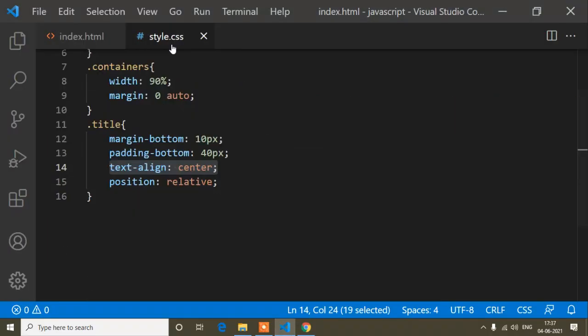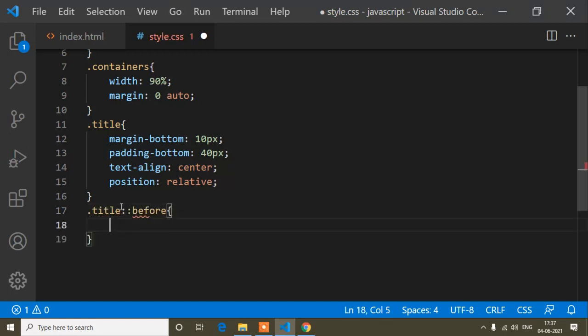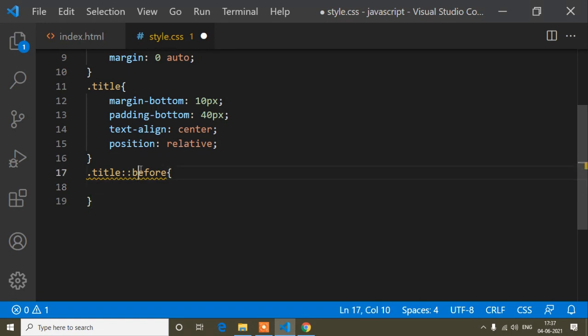And now guys, the next CSS I will add. I will copy this title, and here I will add the before tag. Guys, this before tag will be floated, so I will add position absolute to this before tag. Here you have to understand two important CSS properties, position relative and absolute.